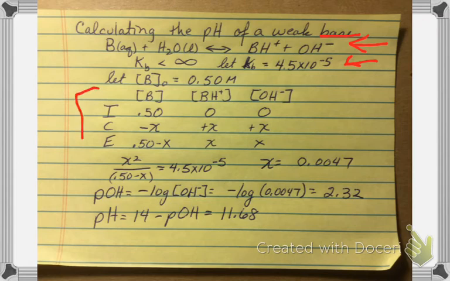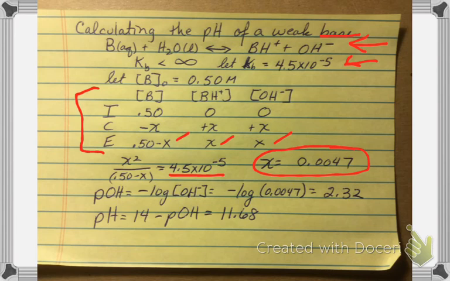Again, set up an ICE chart. The initial concentration of B naught is 0.5, the others are 0. The change is minus X for B, and plus X for both BH plus and OH minus. At equilibrium, you have a concentration of B being 0.5 minus X, X, and X. Setting up the same relationship, Kb is the equilibrium constant for this equation, so the products over the reactant. So it's x squared over 0.5 minus x equals Kb. If you put that in Solver, you get x equals